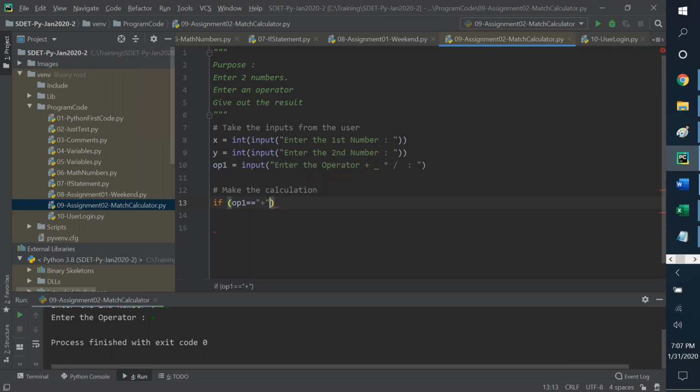So I'll say if it is plus and colon, print result is x plus y. Okay, yes, and separated by comma. So basically, how does this go with comma and how we're giving two inputs into print? We will learn when we come to functions. Else if